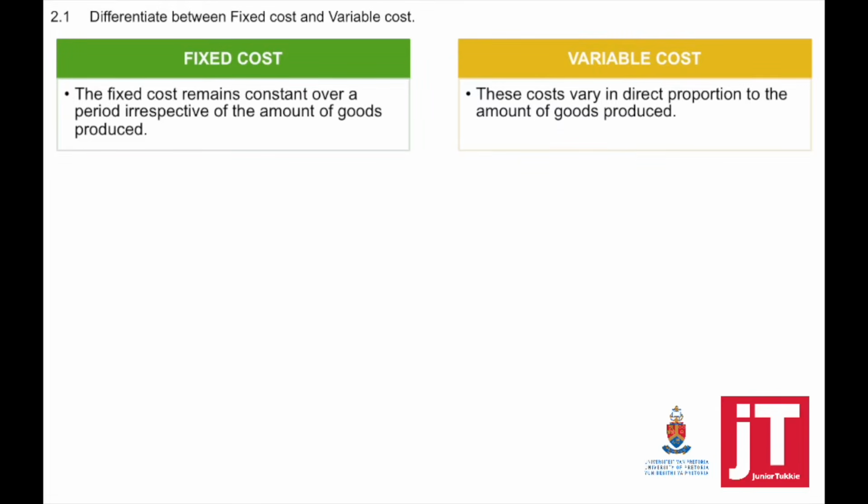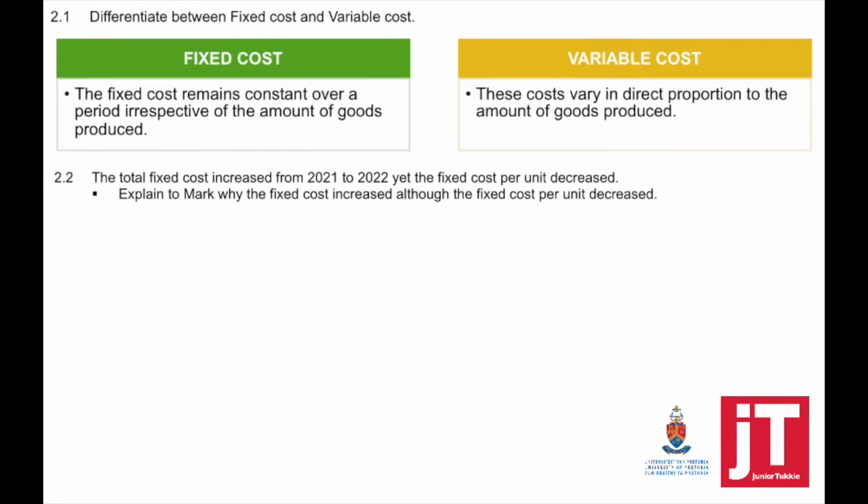If we look at question 2.1, differentiate between fixed cost and variable cost. Fixed cost means that the cost remains the same over a period of time, irrespective of the amount of goods that were produced. If we look at variable cost, these costs vary in direct proportion to the amount of goods